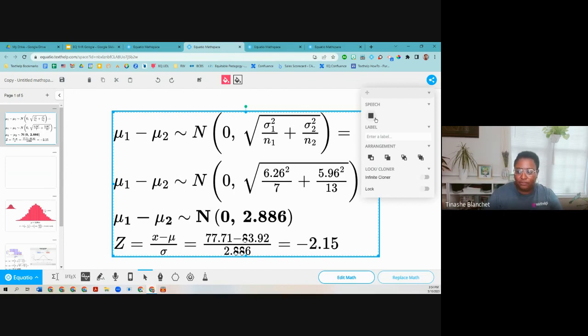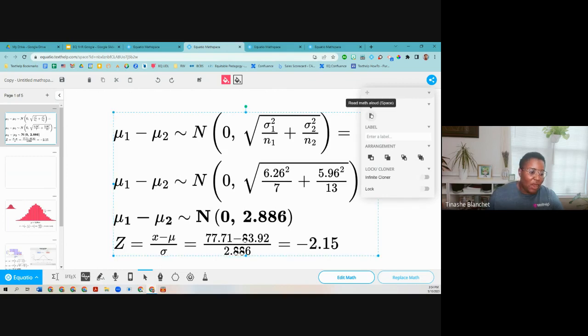Minus mu sub 2 tilde N of open paren 0, comma, the square root of the fraction. Right? So it can read that notation accurately as well. I know I've played up the elementary a lot, and I like to do that because a lot of times people don't think that it is appropriate for elementary, but it can handle advanced math, right?